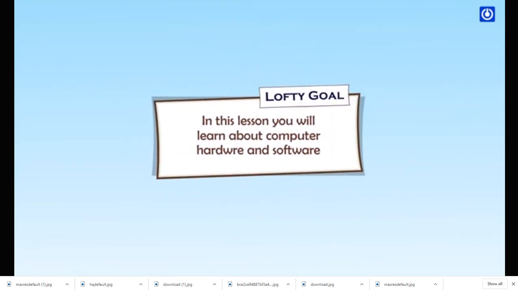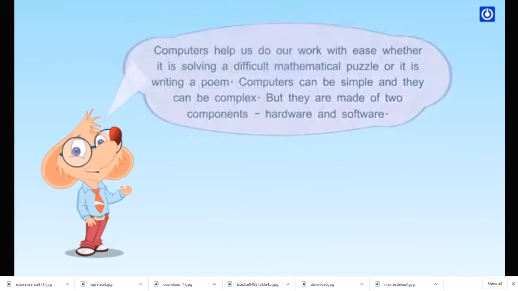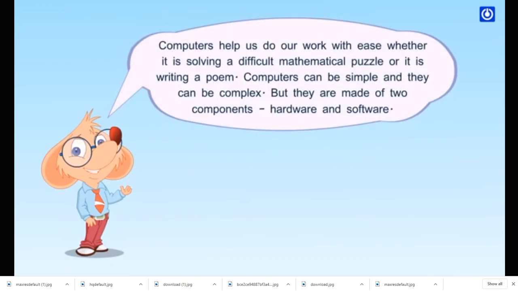In this lesson, you will learn about computer hardware and software. Computers help us to do our work with ease, whether it is solving a difficult mathematical puzzle or writing a poem.